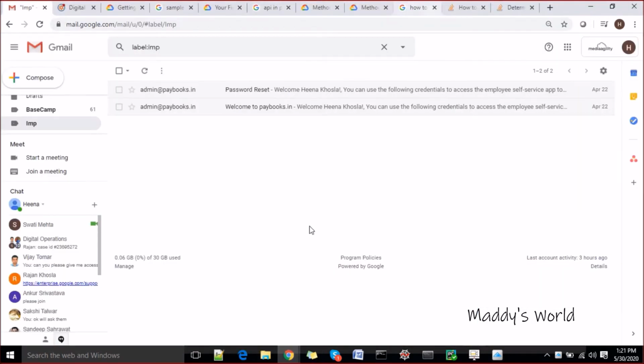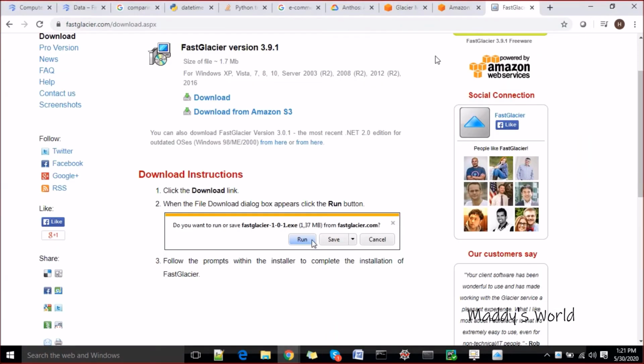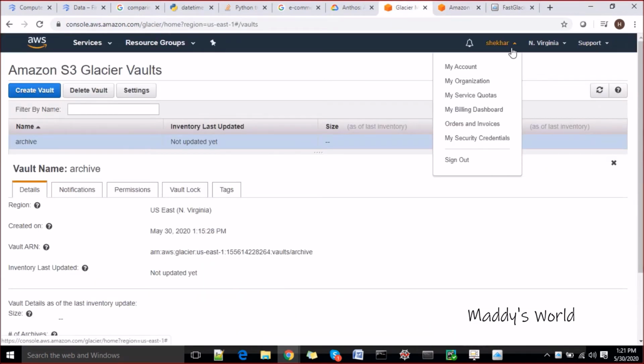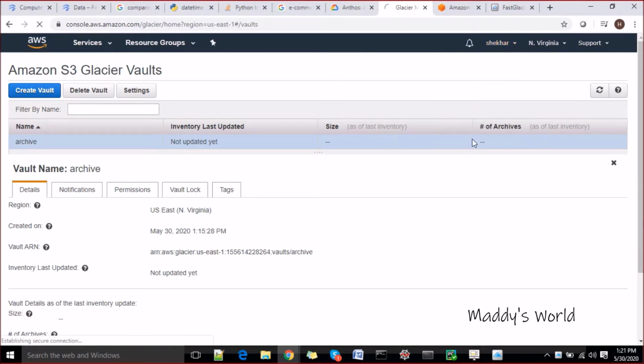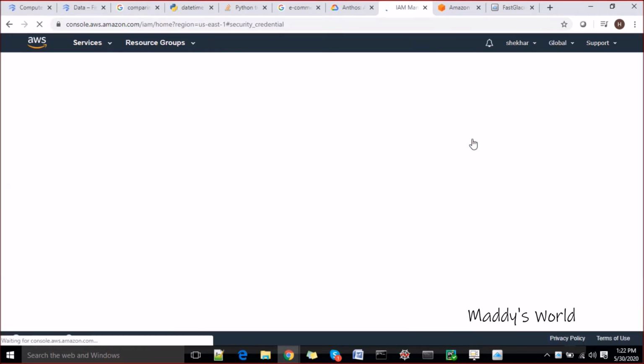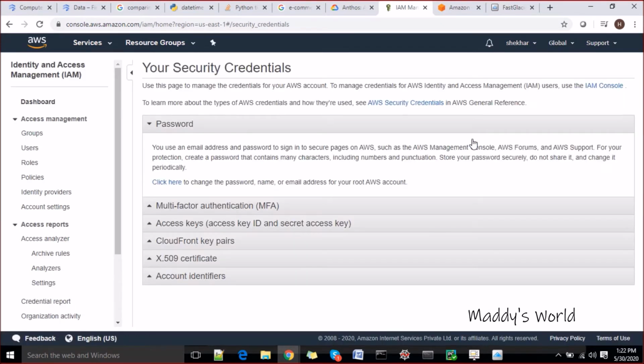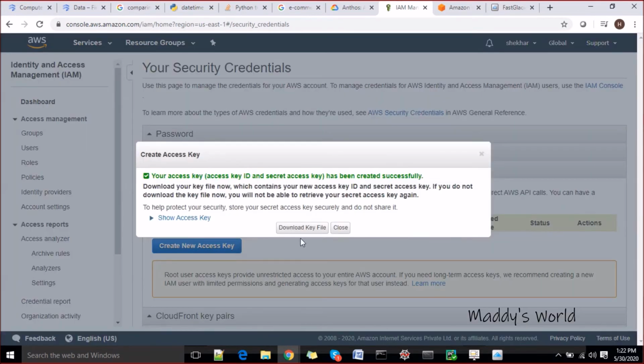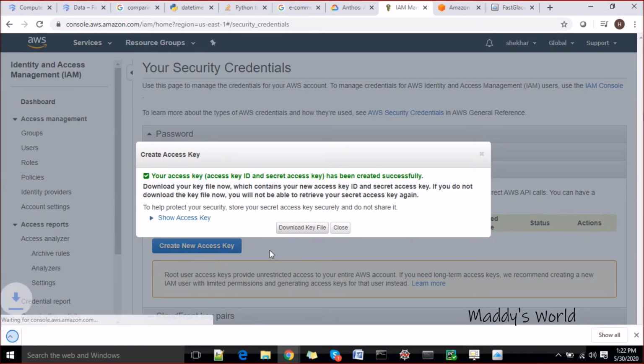So let's go now to Amazon Glacier, go to my security credentials, and go to access keys and secret keys. At this moment I do not have any key, so just create a key and download it.